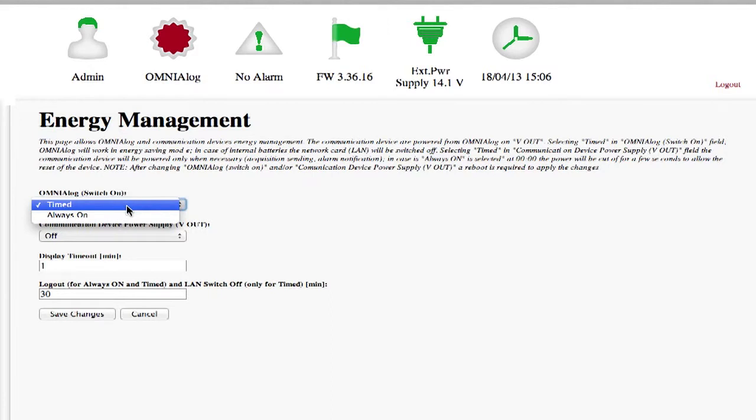On the other hand, timed is necessary when the power supply to OMNIAlog comes from the internal batteries and is recommended when the power is supplied by a solar panel. In fact, to reduce consumption, OMNIAlog lowers the frequency of the microcontroller. In the case of battery power, it also turns off the LAN adapter. OMNIAlog puts itself into sleep mode and only turns itself on at predetermined times to carry out measurements or data